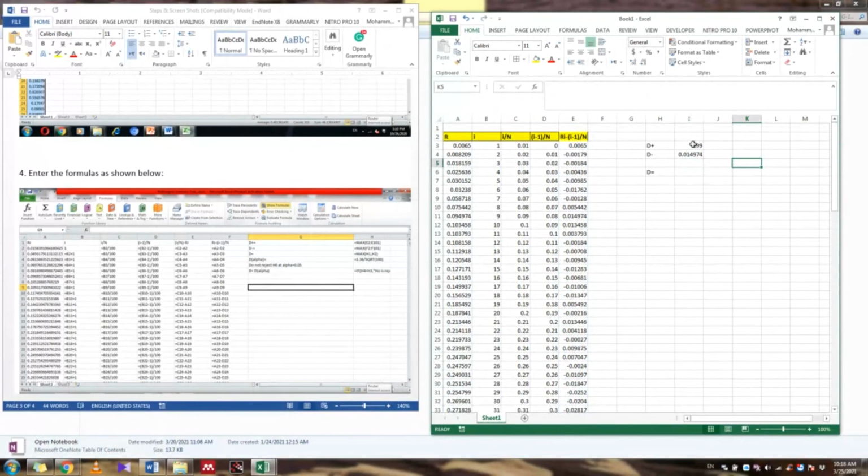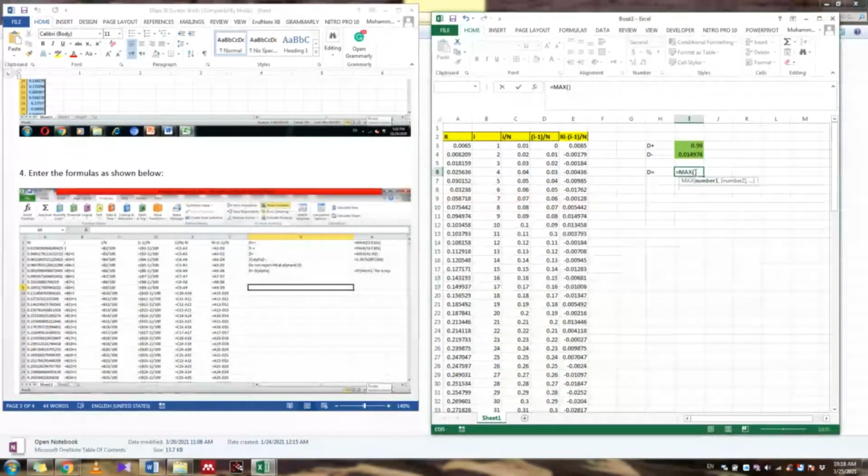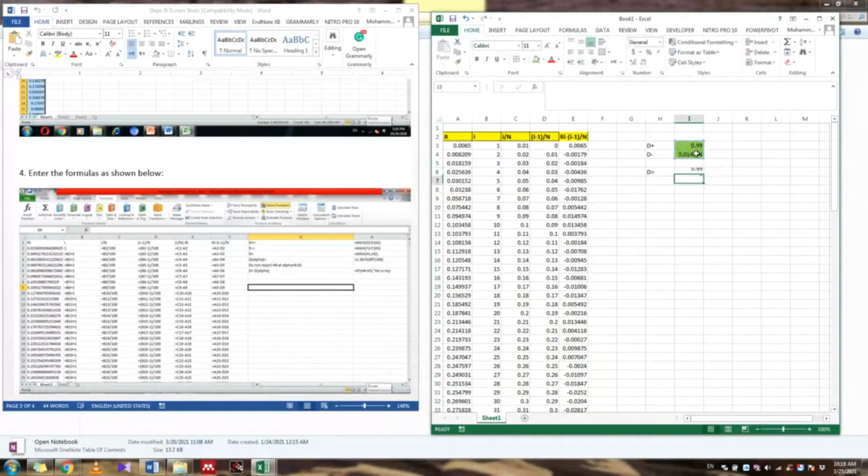Okay, this is the other maximum value. And for D, you have to select the maximum between these two values. So how will you calculate? Equal to max, in brackets, and select this. This is the maximum value. Okay, so like this you have to do.